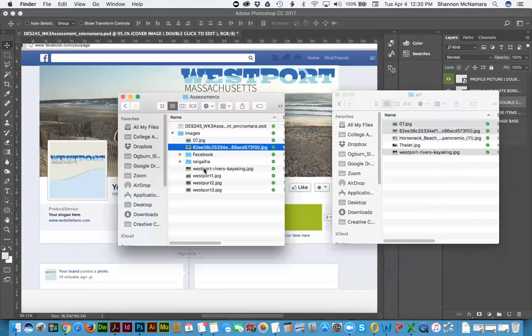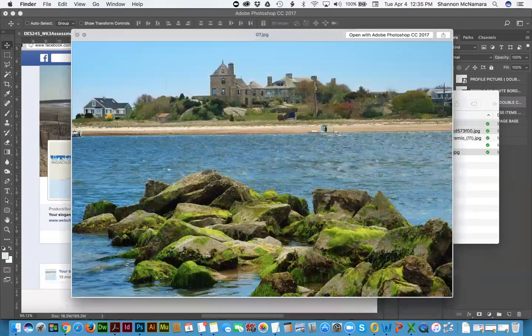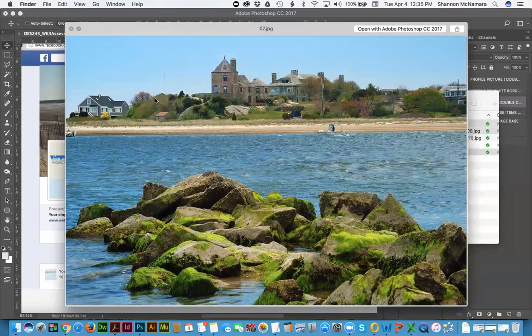This one, the fork in the road, because that's fun. I'm going to rename them so I remember. Fork in road. That one's already called kayaking. This is a fun story. This is actually a picture that's taken in Westport. This is the beach, but in between right here and this house, there's actually this tiny road, and it's just